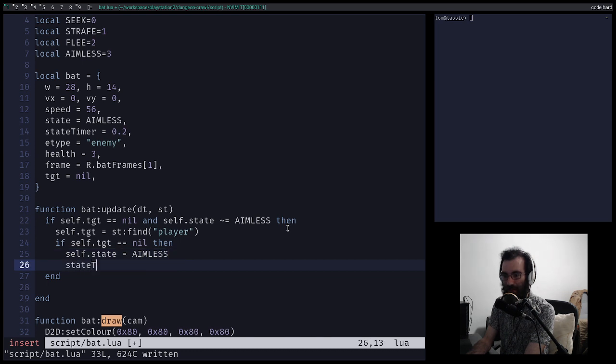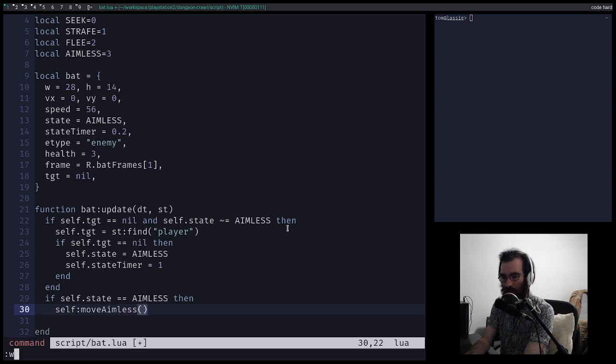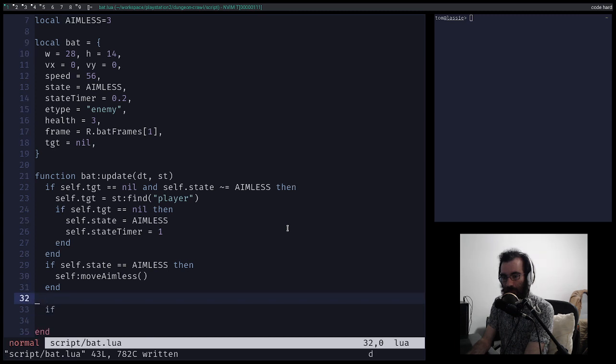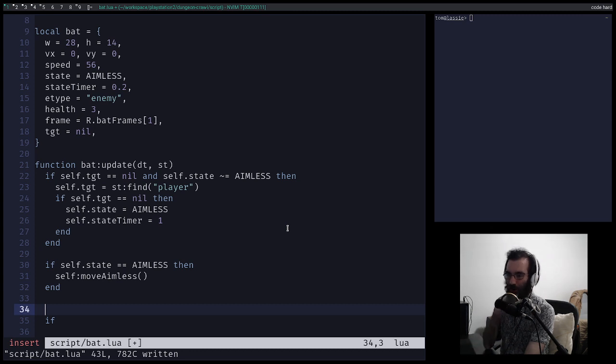And we set our state timer to, I don't know, some magic number. Let's look every second, right? That makes sense. Okay, otherwise, if self.state is aimless, then, okay, so aimless kind of just has its own thing, right? We don't have a player target. We just wander around and don't really care about anything. Otherwise,